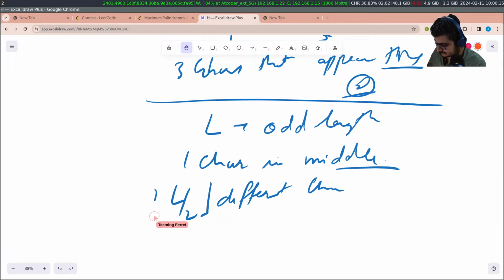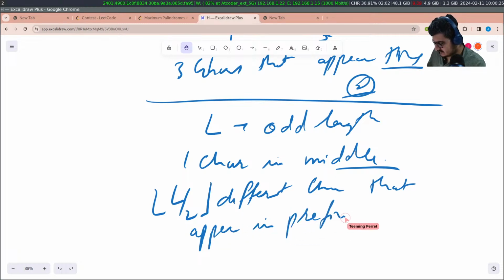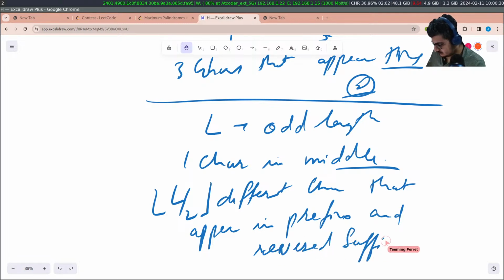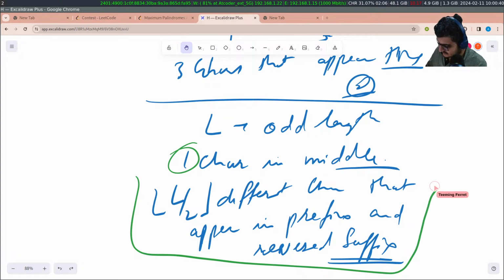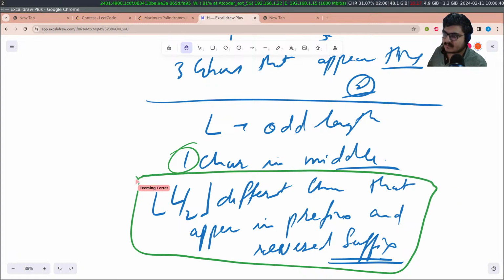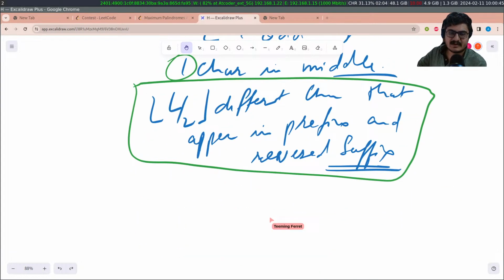It's the floor, that can appear in the prefix and reversed in the suffix. And similarly, if the length is odd, then this is the only condition we need. And because we can swap any two characters we want,